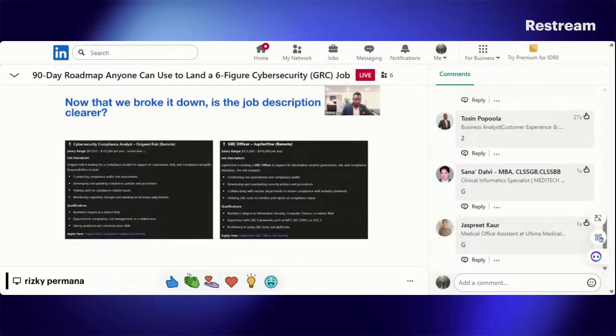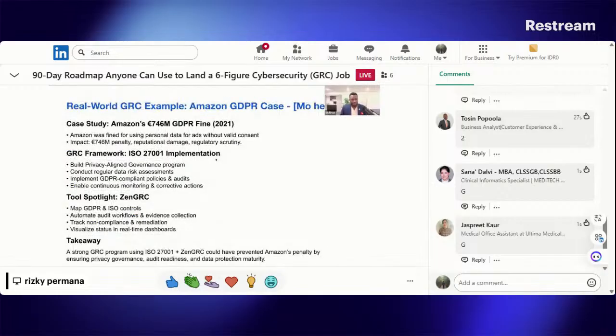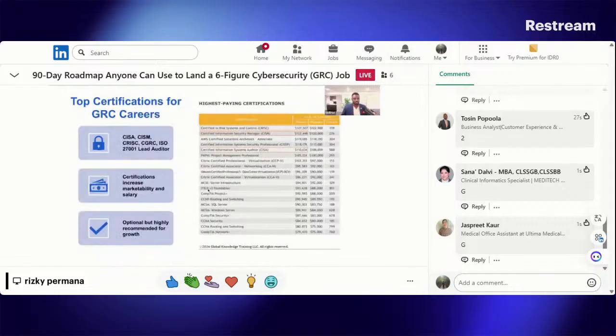Okay, so she's broken down exactly what GRC is, and now I'm going to show you how we can help you get there, or how you can do it by yourself. I'm going to skip this case study of Amazon due to time. I could do this at the end. This is breaking down one of the case studies that we do in class so that when you get on the actual job, you can execute. But I want to talk about certification here.